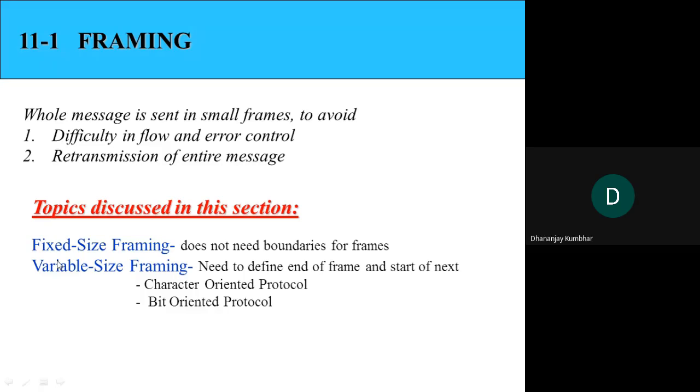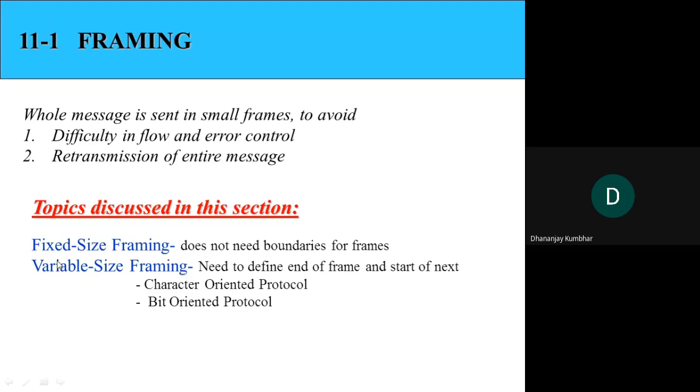Now if fixed size framing is used, obviously we do not have to send the start of the frame and end of the frame along with the data, because we already know what data packet is going to come in. Say, for example, we will continue the earlier example. If we wish to transmit 1000 bits and go ahead with fixed size framing, we will go with 50 bits only. So instead of 1000, even if 1 lakh bits come, our standard will be 50 bits